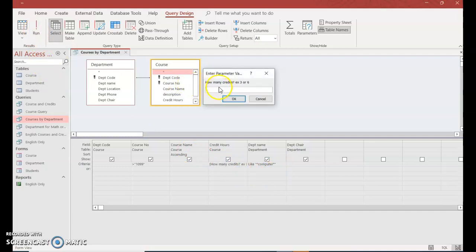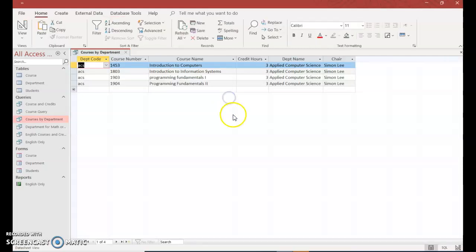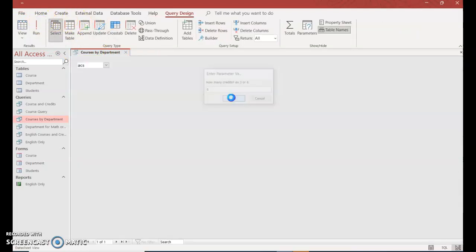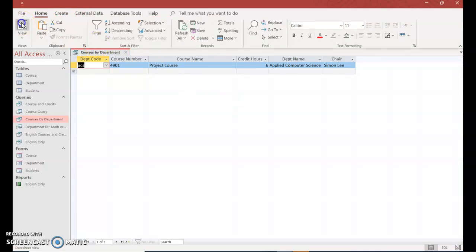And it's automatically going to ask me how many credits, 3 or 6. And I'll type 3. And it shows me the courses that I have with 3. So if I were to go back to Design View, run it again, and this time I'm going to say 6 credits, and it should be just the 1. So I'll go back